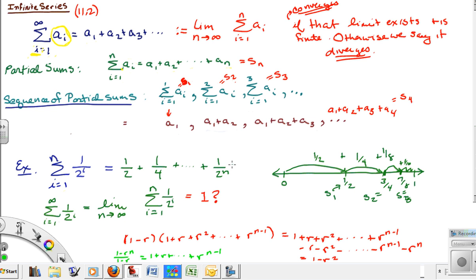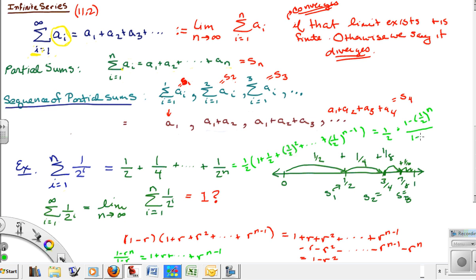I'm going to write this as 1/2 times 1 plus 1/2 plus 1/2 squared plus dot dot dot plus 1/2 to the n minus 1. I factored out 1/2, which is equal to 1/2 times, we just came up with a formula for that, 1 minus 1/2 to the n